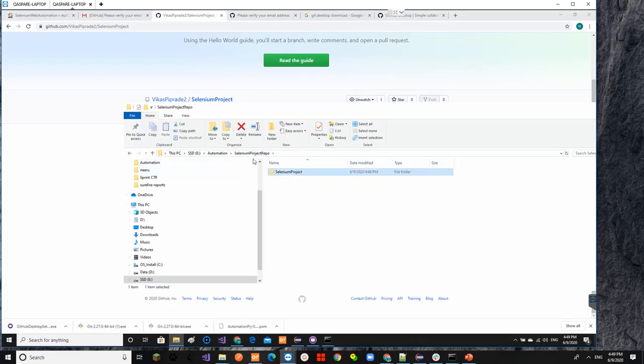Now what we'll do is we'll copy our automation project, everything which is there in the Eclipse workspace, or the whole Eclipse workspace, we can copy it here. Or if you want, you can only put the project files here. So let's do it that way. We'll put only the project files which are needed for us. So I'm copying all our project files into the local GitHub repository.